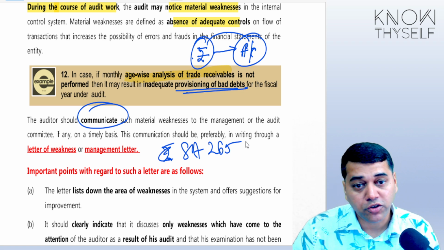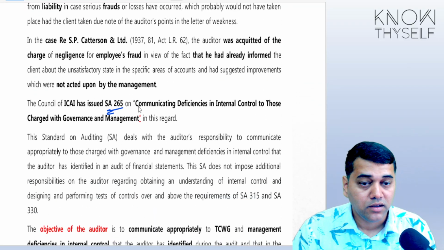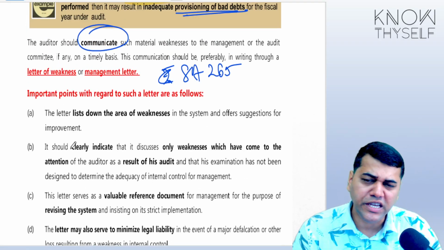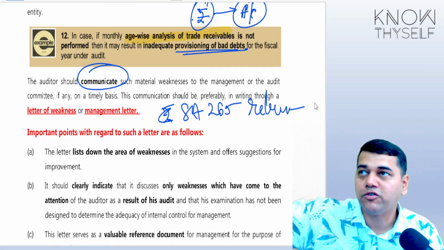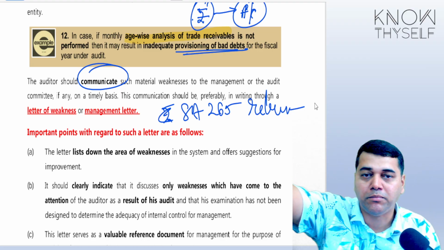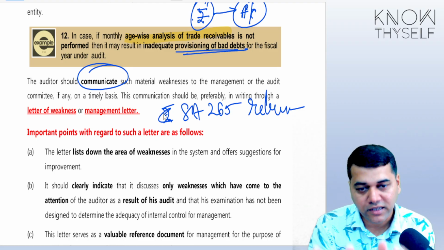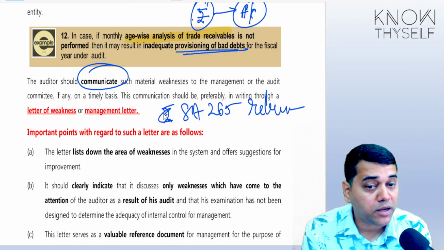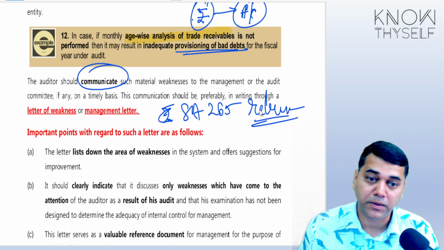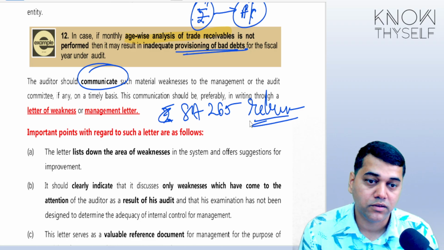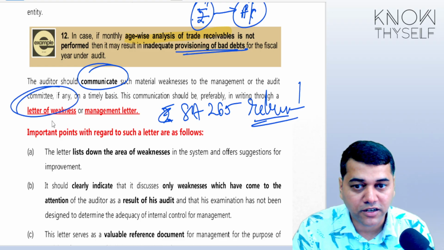Follow? And it is highly possible, I don't know whether that number has been discussed here or not. Here they have discussed. That's why when they give this examination question, they may use the words "as per relevant standard." Because in all other places you had a proper heading: this is the standard number, this is the name, this is the objective. But in this case, it has gone ulta. It starts like a general discussion, but actually they are talking about SA 265. So in the examination, they may ask for the relevant standard name, and you are expected to write SA 265, just to get 1 mark. Otherwise you will lose. Are you clear about this letter of weakness?